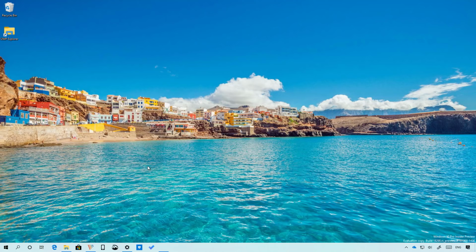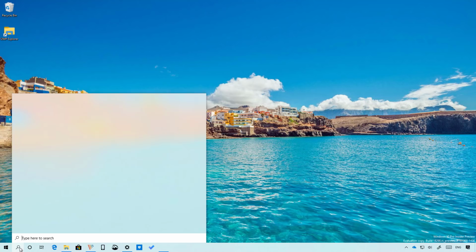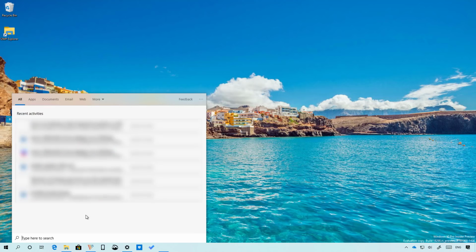When I first installed build 18298, it wasn't available, but after I restarted the PC, I noticed that Cortana and Search are now separate experiences on Windows 10, as you can see in the taskbar. It isn't clear if this is how Windows 10 will ship for version 19H1, but you can get an idea of what Microsoft is currently doing. I'm pretty sure that in the next preview build, this is going to be gone from my installation.